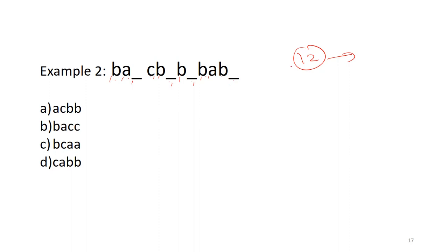I can group in terms of factors of 12. So 1 is a factor obviously, but I'm not going to do that. So I can group each 2 letters in each group, or 3 letters, or 4 letters, 6 letters, 12 letters, whichever is comfortable. Obviously there are 3 terms, so I won't go with 2. It won't give me the answer. Let me go ahead with 3. If 3 is not working, then go for 4. So BA dash, CB dash, B dash B, AB dash.